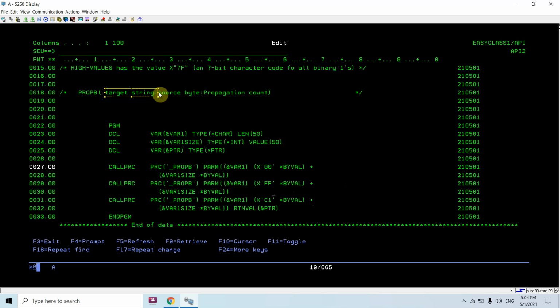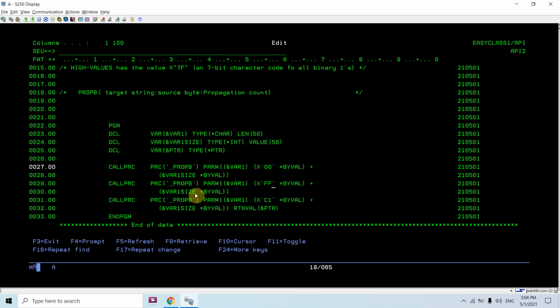For target string I can pass the pointers or a value, and for this one I'm passing by value, and this one also by value. You can see I'm passing x00 by value, and the third parameter is propagation count, that is the size. I'm passing till variable one size. I can reduce that size.